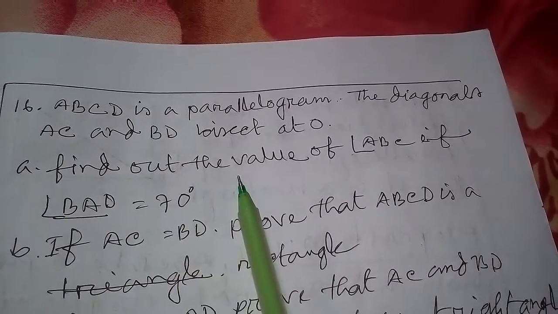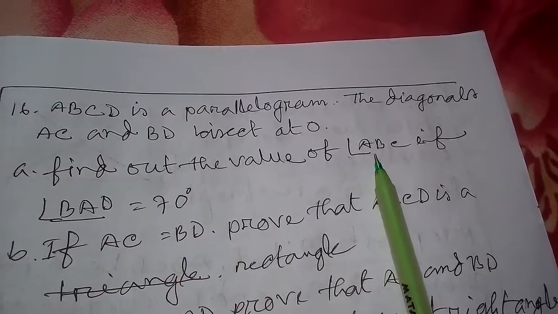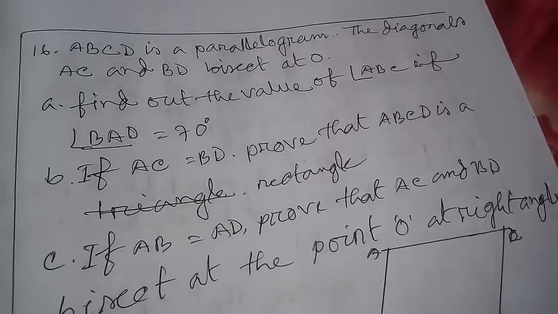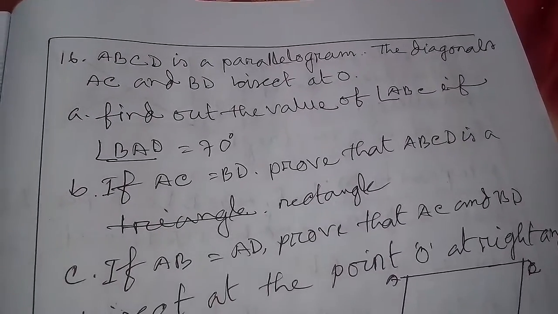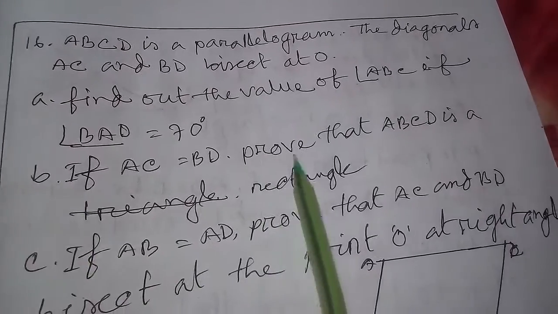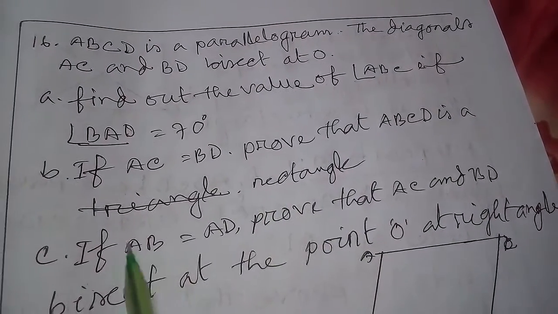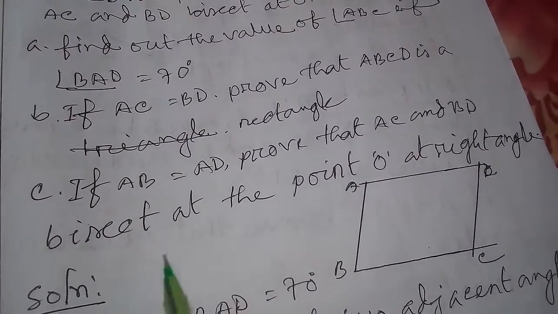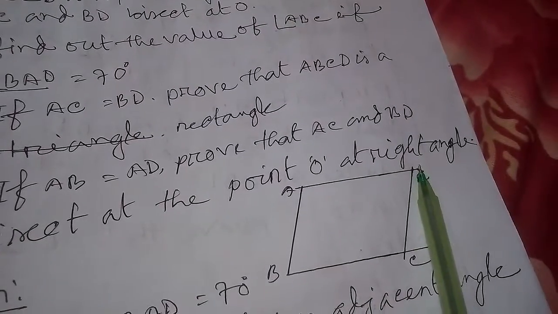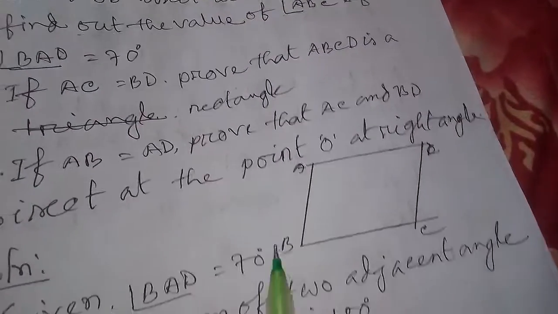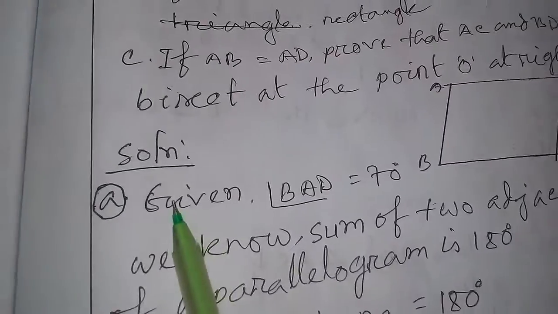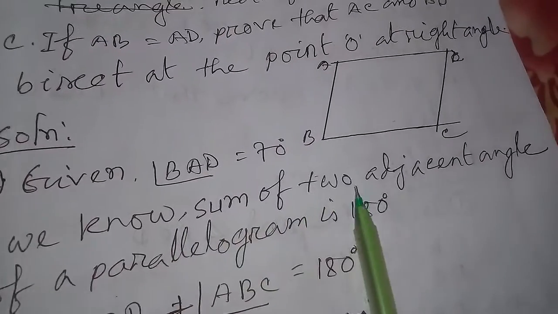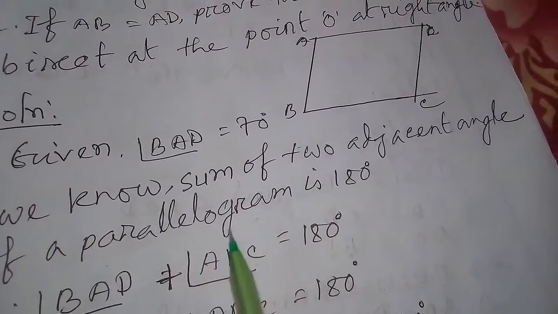Question A: find the value of angle ABC if angle BAD equals 70 degrees. B: if AC equals BD, prove that ABCD is a rectangle. C: if AB equals AD, prove that AC and BD bisect each other at O at right angle. Solution: given that angle BAD equals 70 degrees, we know that the sum of two adjacent angles of a parallelogram is